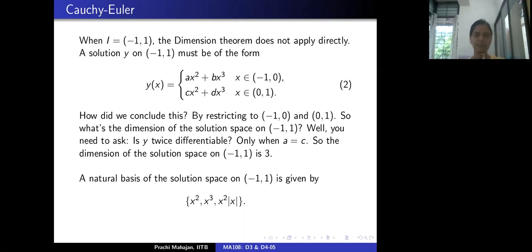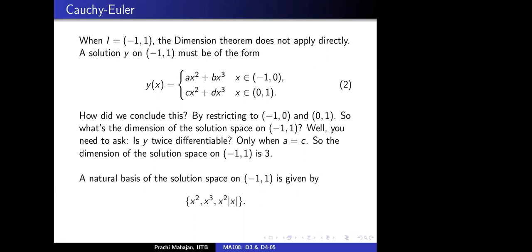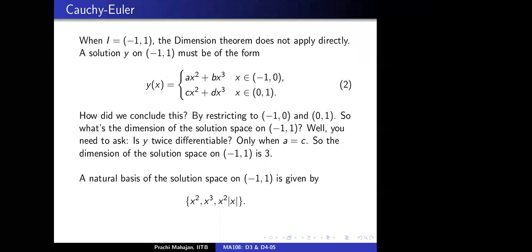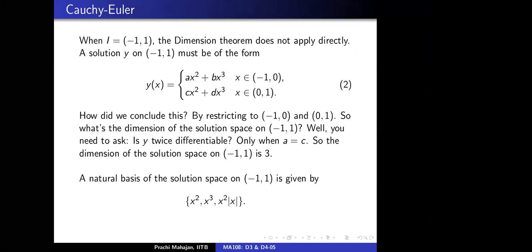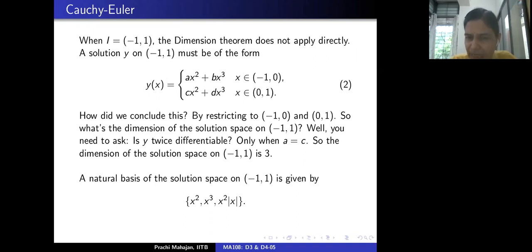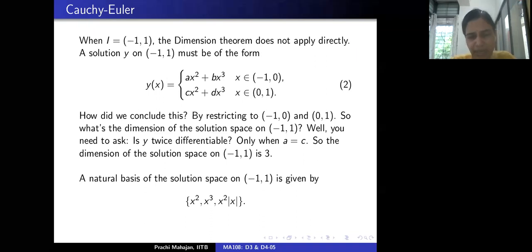Ma'am, if you take x times mod x in place of x square mod x, then it will also work. So what happens if you take x times mod x? Then what do you get? It becomes non-differentiable. No, double differentiability. You want it to be 2 times differentiable. Does it satisfy the ODE? That is 1. And 2, is it 2 times differentiable? There are 2 things here.